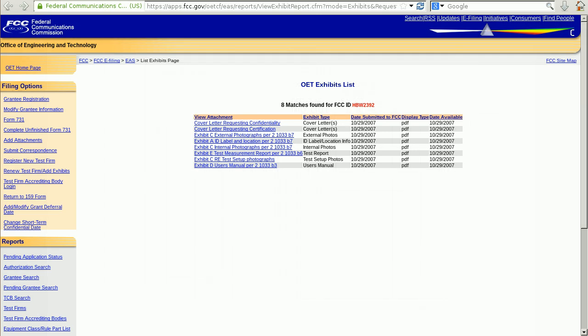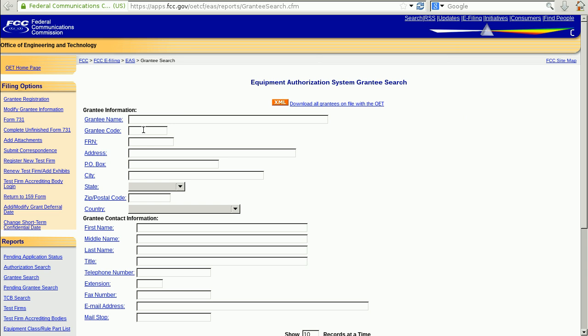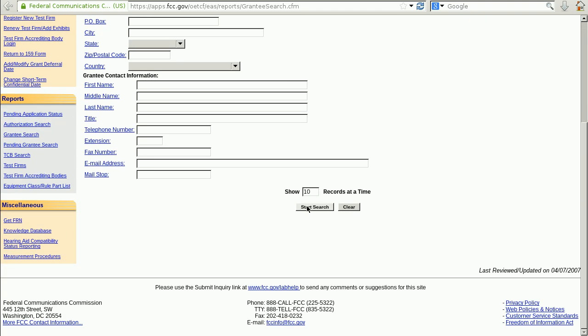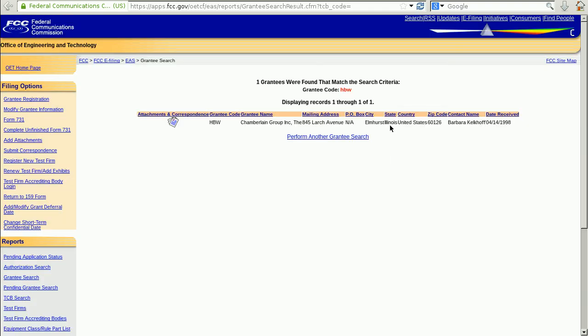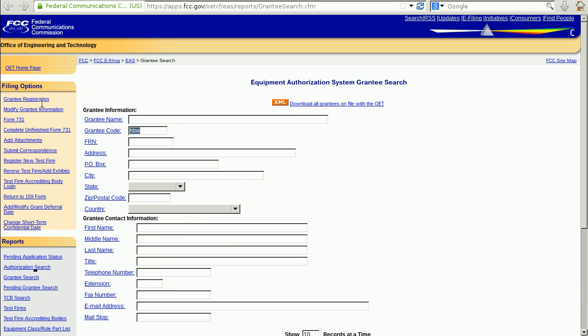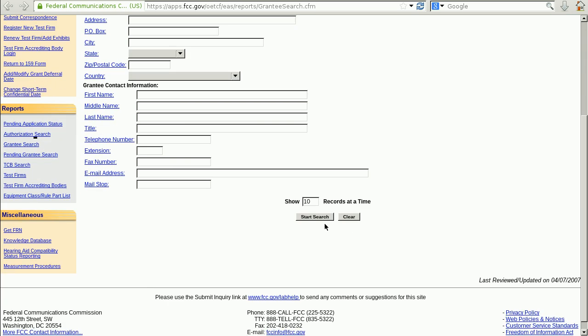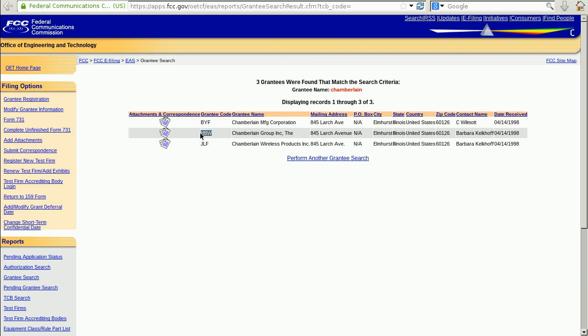Another FCC database that is very useful when looking for equipment authorizations is the grantee search. The grantee search allows us to look for grantees instead of looking for individual pieces of equipment or individual authorizations. So if we type in a grantee code, for example HBW, which was the grantee code we saw before, we see this grantee name and a little bit of information. Not a whole lot. But what's more interesting is if we go back and instead of filling in a grantee code, we fill in a name,